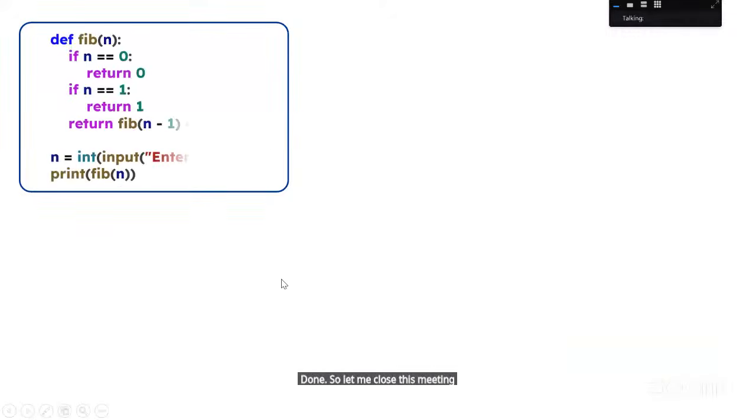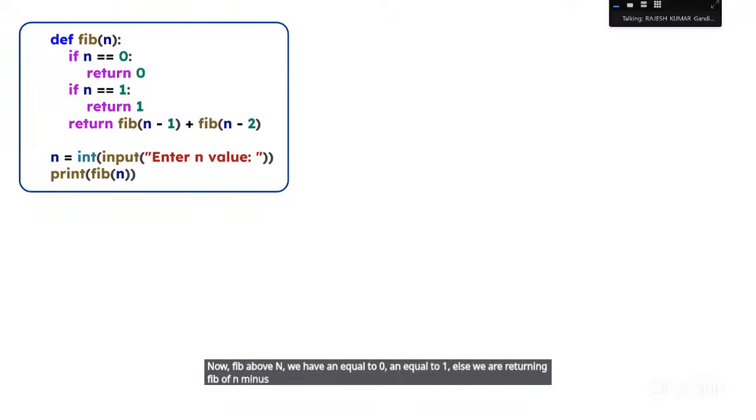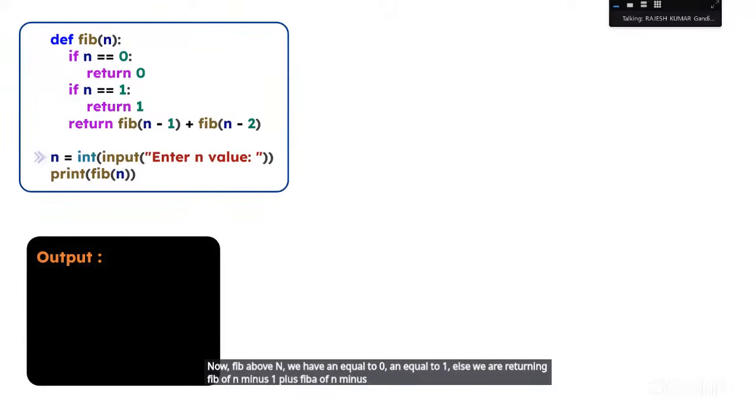So let me close this meeting control. Now, fib of n, we have n equal to 0, n equal to 1, else we are returning fib of n minus 1 plus fib of n minus 2, right? So let's say I have given you n value as 6. Now what will happen is I'm calculating fib of n, that is first time I have called it.